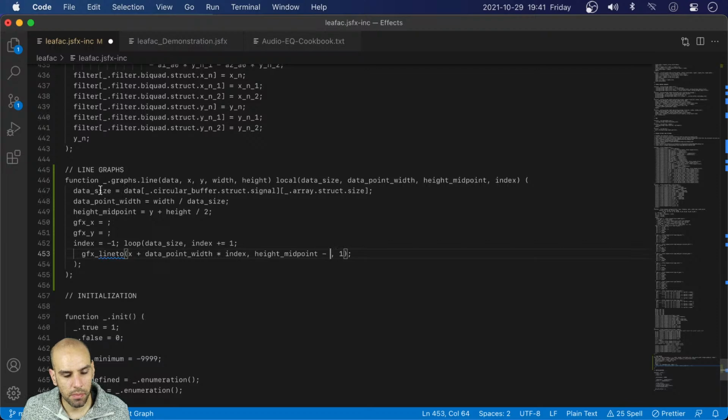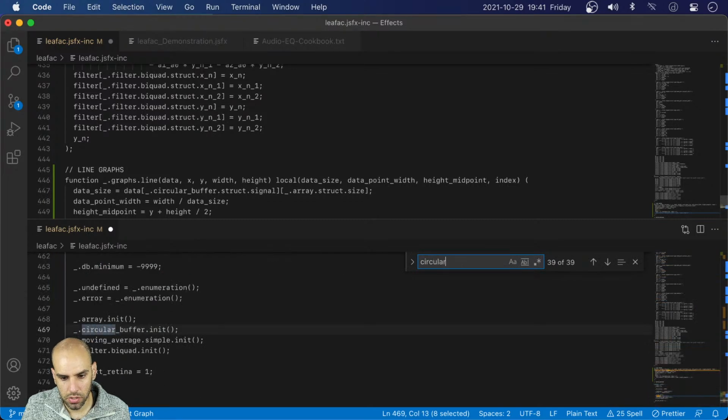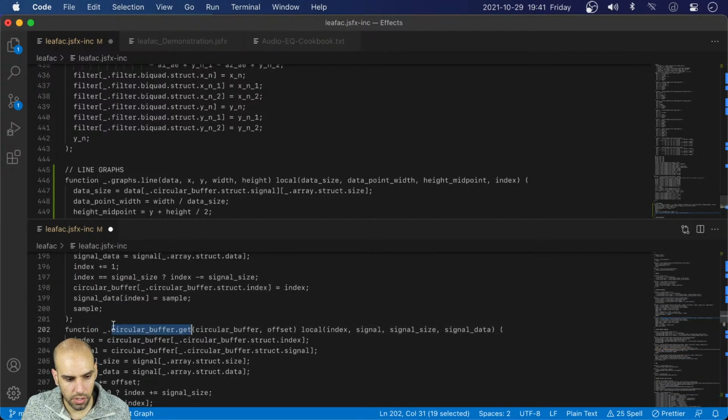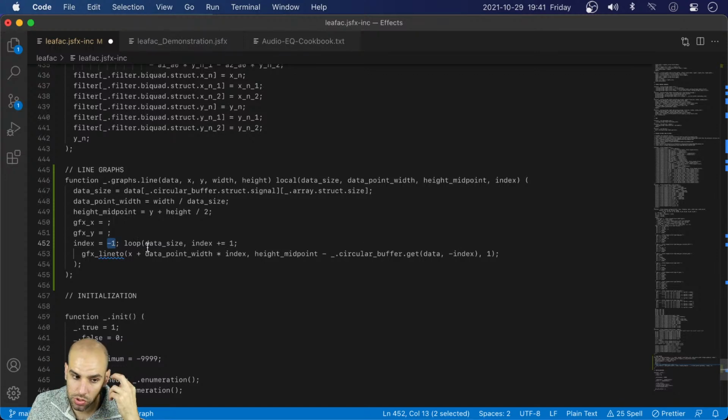So what do I want to get? I want to get something from the circular buffer. Let's use the circular buffer get function. And I need to pass my circular buffer, which in this case is my data. And I need to pass the offset, which in this case is minus index. It's going to start at 0 and it's going to go up to data size minus 1. That is right. What is incorrect about this, it seems,